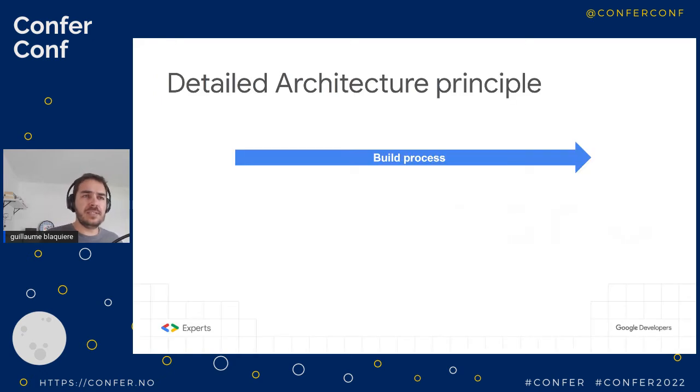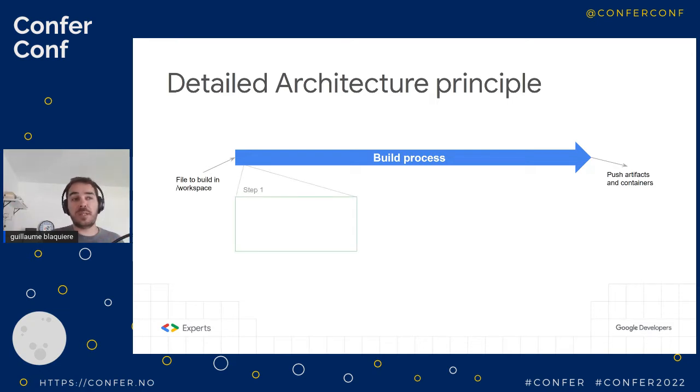If you go deeper into the architecture, because it's very important to understand the architecture to understand what your blockers and issues will be in the future, and the tips that can help you get over those issues. First of all, you have the build process. You have your source code as input that is copied. In fact, it's cloned from your Git repository. It is cloned in the /workspace directory in your pipeline. And in output, you can push your artifacts, containers and so on.